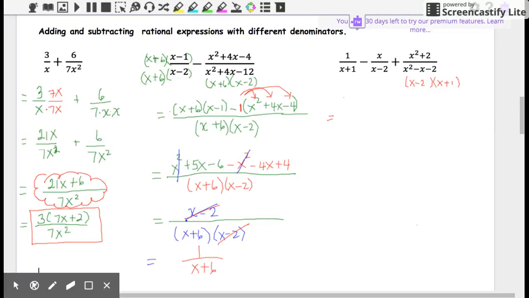If we make these three fractions have the same denominator, we notice that the first fraction is missing x minus 2. If I just multiply this by x minus 2 times x over x minus 2, then it will have the same denominator as the third fraction. And the second fraction, if I multiply this by x plus 1 over x plus 1, it's going to be the same also as the third fraction. So then all these three fractions will have the same denominator. So again, I'll have